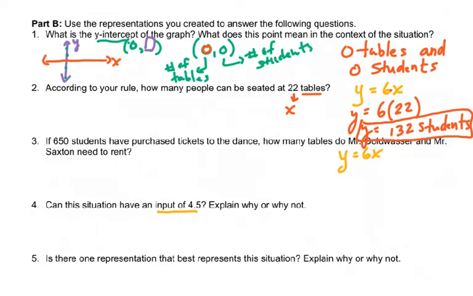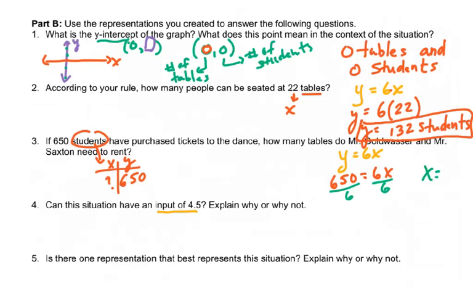which is our y value, which was our number of students, so that matches up with our table of values. Number 3 is, if 650 students have purchased tickets, so students, if we looked at our xy table, 650 students was our y value. We're trying to find what the x value is. So we're going to go back to our equation that relates the two variables, and 650 is going to get substituted in for y because y was the number of students, and then we have 6x. And what we're going to do from there is just solve for x, which requires us to do a step to divide by 6, and we get x is equal to